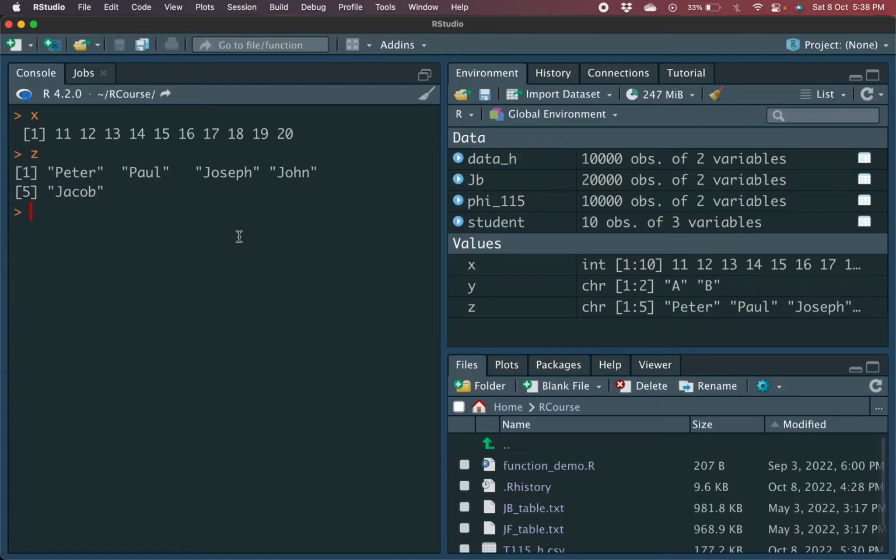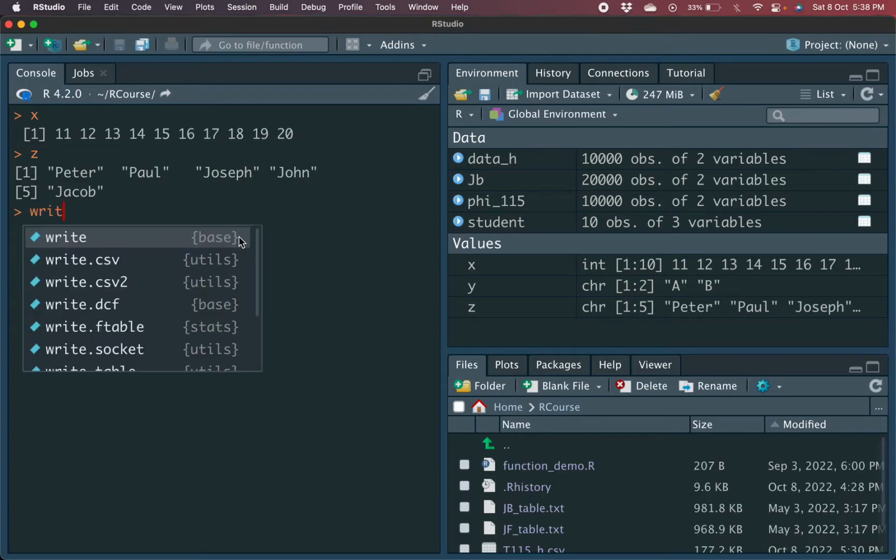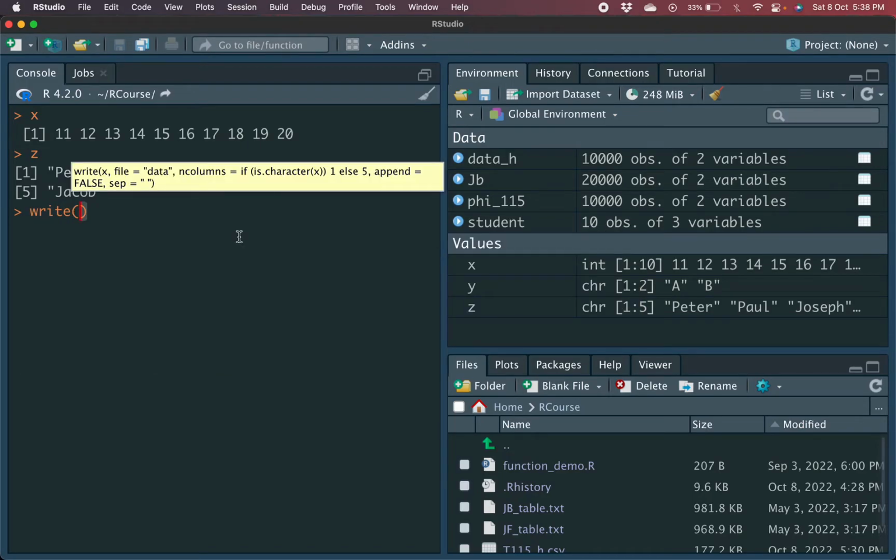So the simplest command for that, let's say write what you want to write. So I want to write x. Where do I want to write it? I'll create a new file, or just call it x file dot txt maybe. So it's not necessary to give an extension, because you're doing this console based work. It will just convert whatever the content of that file is into bytecode and then read from that. So whether it is .txt,